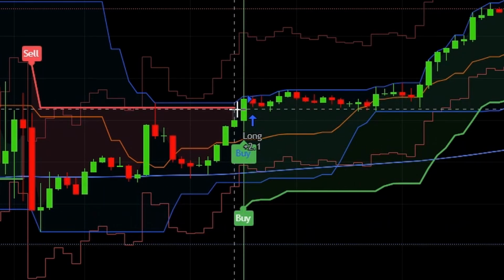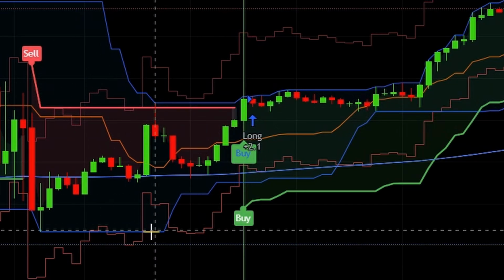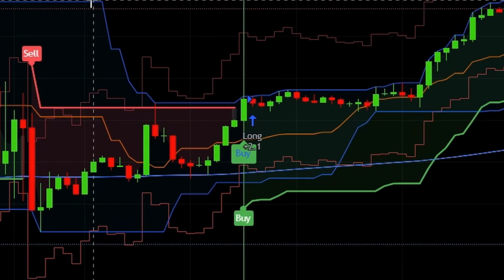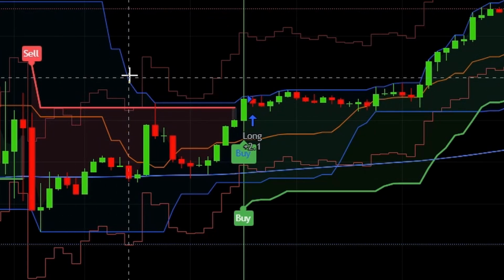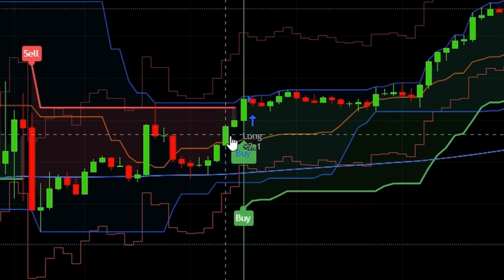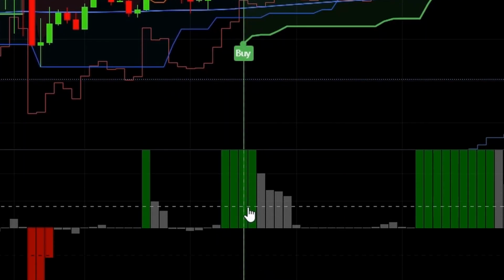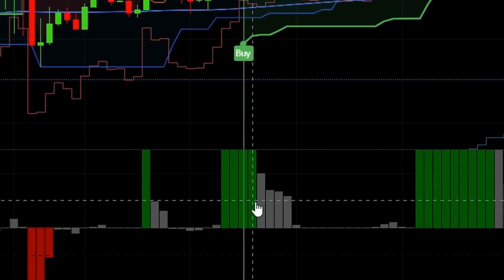After that, the price needs to close in the upper half of the Donchian channel. This upper and lower band is the Donchian channel, so for a valid long entry the candle needs to close in this area. On the entry signal candle, it closed in the upper half. And finally, to make sure that this will be a great entry point, we need a green bar on the